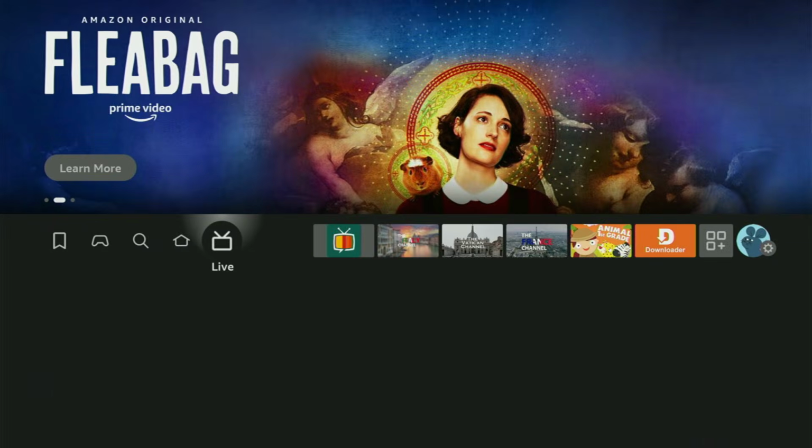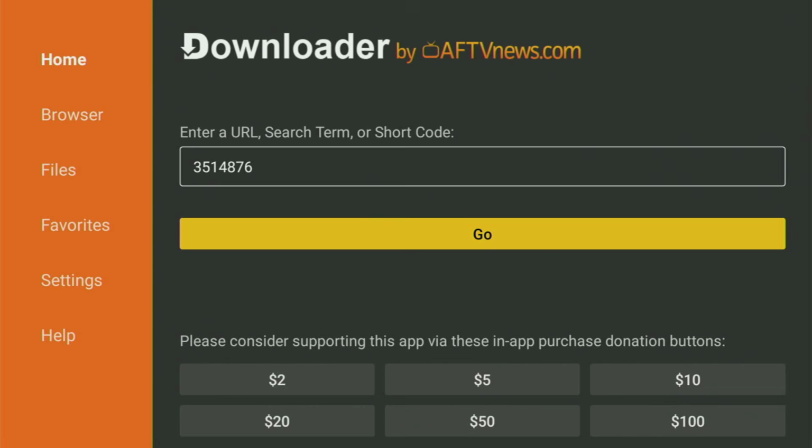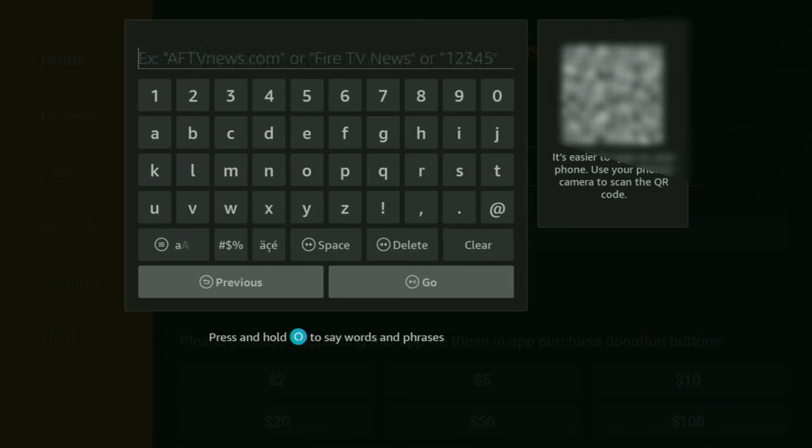So just like that, we got this first amazing app to your Firestick, but now let me get you even more amazing apps like this one. So we go back to Downloader, open it again, click on Home, and remove that code that we have previously used. And now the other code that we are going to enter is going to be